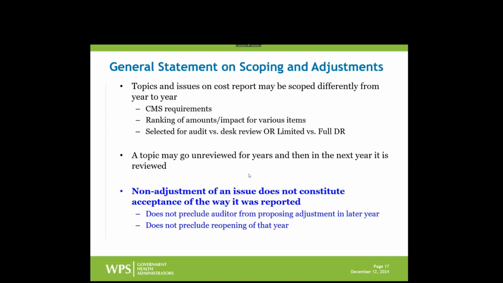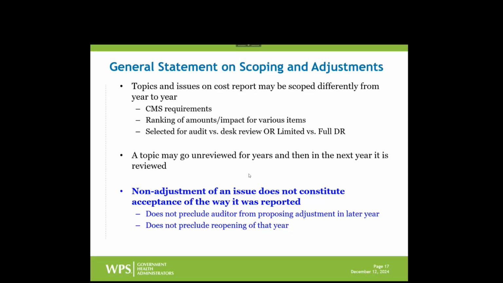And that might lead to adjustments. It might lead to documentation requests. Some of the things we've heard from some providers or groups is, why are you reviewing this? Why are you adjusting this? It's been quote unquote allowed for decades or several years. And the response is, it hasn't been allowed. It hasn't been reviewed and explicitly allowed. It's just not been reviewed. It's not been adjusted. That does not constitute acceptance of how it was reported. It just means that we have not scoped it for review in the past. Now we need to scope it for review.